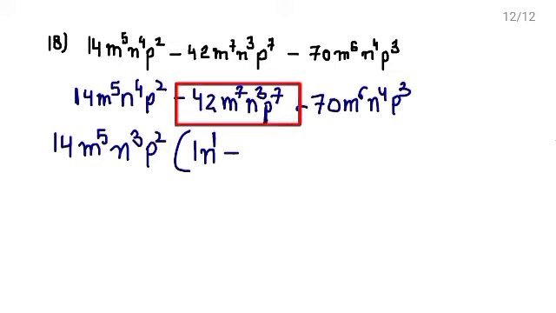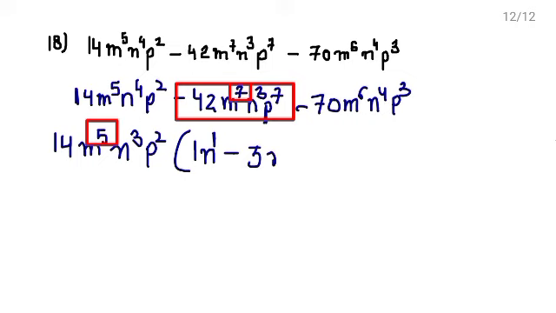Minus, in the second term we have taken 14 outside, so 14 threes are 42. So you will write here 3. m raised to the power 7 was there but you have taken m raised to the power 5. 7 power में से आपने 5 ले ली है, so what is remaining? 7 minus 5, 2. n raised to the power 3 was there, you have taken n raised to the power 3. पावर 3 ही थी, आपने 3 ही बाहर ली है कॉमन. Here p raised to the power 7 and you have taken p raised to the power 2. पावर 7 में से आपने कितने बाहर लिया है? पावर 2 बाहर लिया है. So 7 minus 2, 5. 5 will be remaining here.